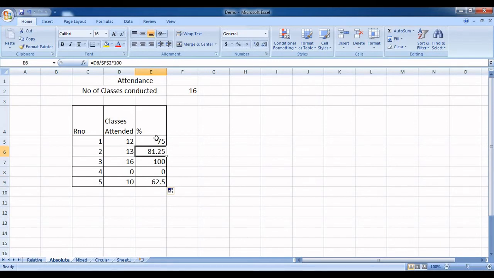But because we have now converted that into absolute by adding dollar symbols, look at the second part of the formula, after the division part. It remains constant. For the first one it is F2, for the second roll number it is F2, for the third, fourth and fifth it remains F2.